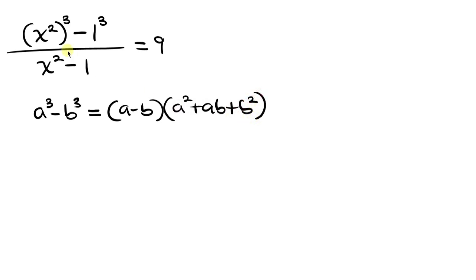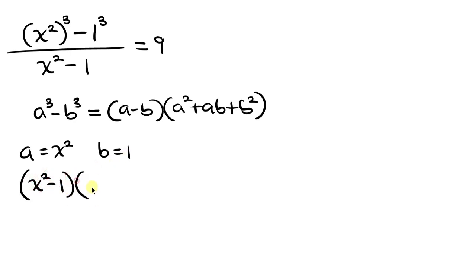Now comparing, you see that a is in the form of x squared and b is in the form of 1. Now let's write this expression on the numerator like this. So we have a minus b. So a is x squared minus b is 1,